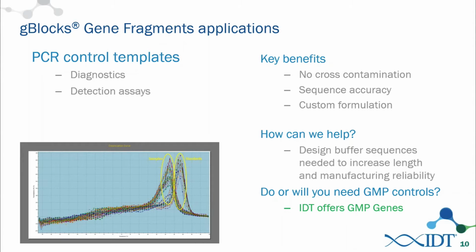We can do things like custom formulation, and we can also help with design, including buffer sequences in there that can be handy to detect things, and they can help in manufacturing. And we also offer a gene service that allows you to move those sequences into a GMP space. So we can make the GMP genes that can take a diagnostic control all the way through the process for you. So it's a nice full spectrum order here, and we can get any of that started and answer any questions again through the email link